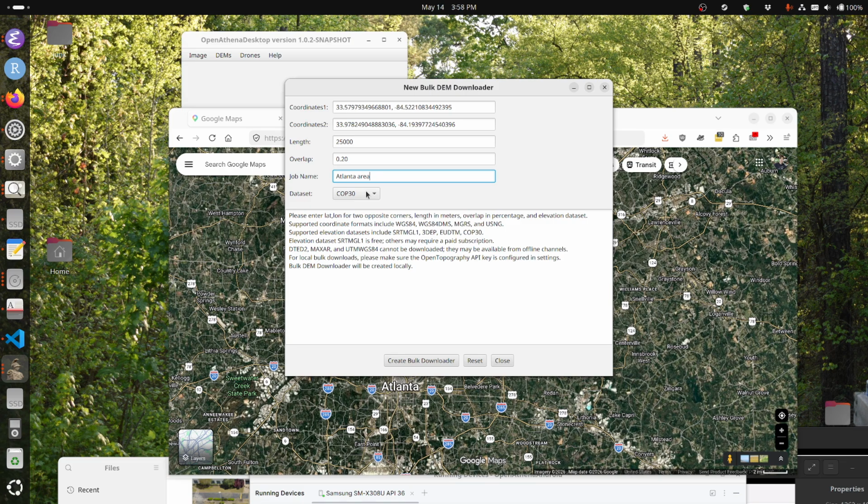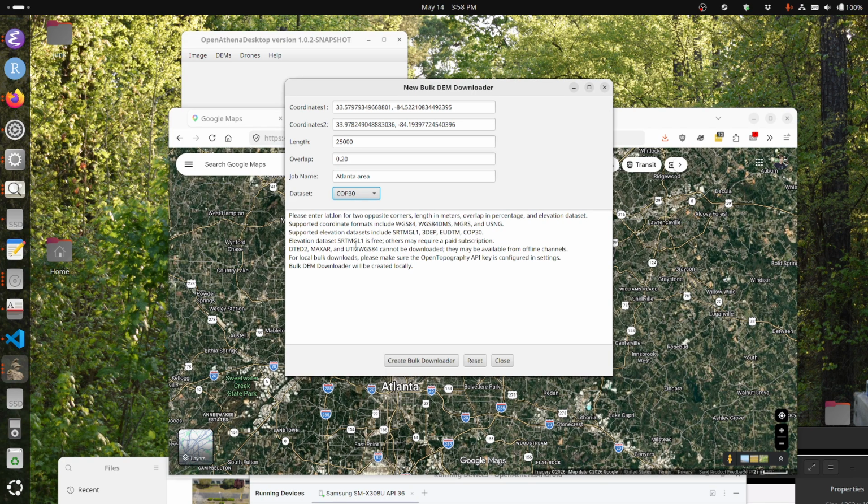And then for the data set here, I have several choices. In the US, we're going to have the best accuracy with the USGS 3DEP, which is a highly accurate bare digital terrain model that removes trees and buildings from the terrain layer. In Europe, Western Europe, the EU DTM is going to provide similar accuracy and type of coverage. And then elsewhere on the globe, we would select here the Copernicus 30